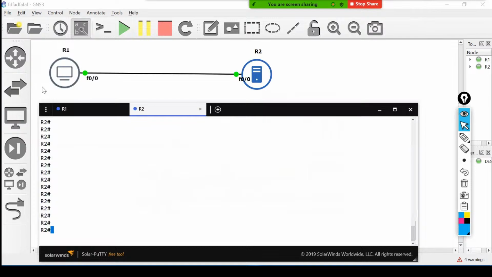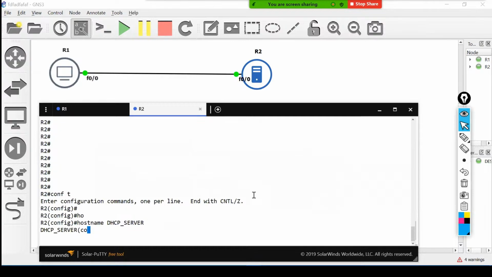On R2, this router, this is the server, right? So I'll just define the hostname DHCP-Server.